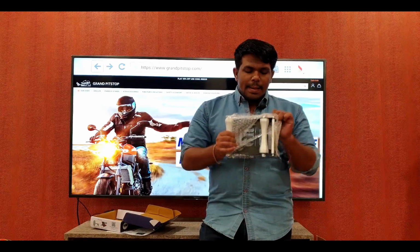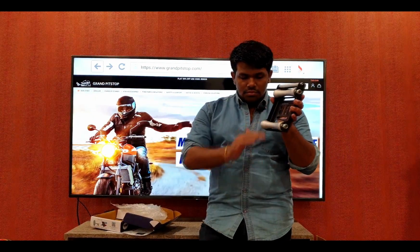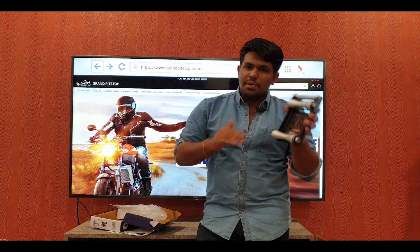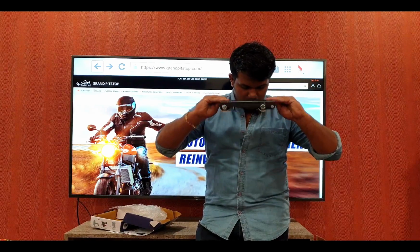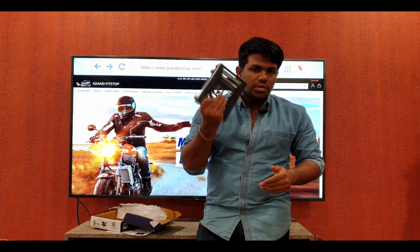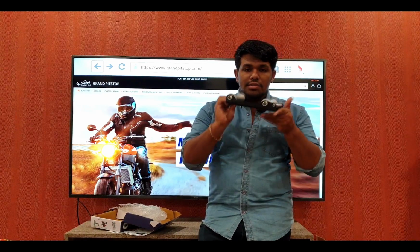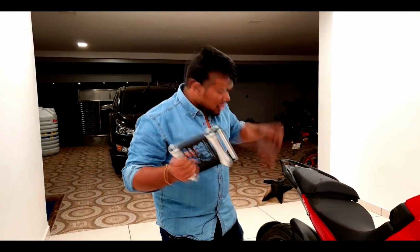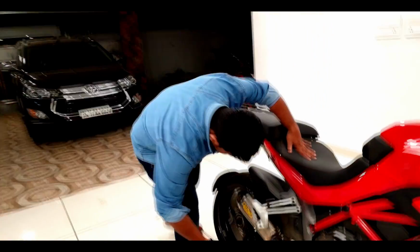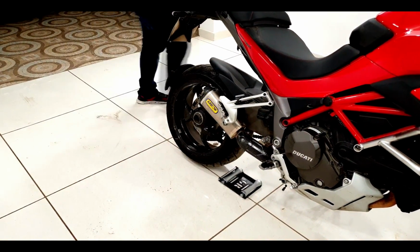So let's pick this out and see how this is. Yeah, it rolls pretty good. Looks good. So let's put this to use now and see how this performs, and I'll let you guys know how it is. So yeah, here we have the GRoller stop. As the first step, let's use it on the rear wheel and see how this performs on this large motorcycle. So place it near your tire on the front, and what you do is